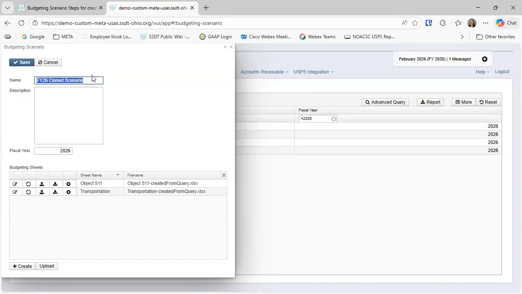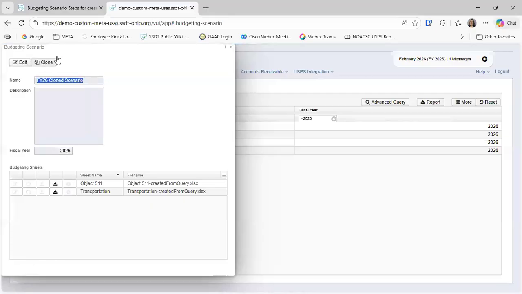Okay. So if you have done this in the past and you're one of those districts that said, yeah, that works great for me, that's how I like to do mine, what you can do is I'm going to cancel out of edit mode. So when you go in and you view the spreadsheet or the scenario, I'm sorry, when you view it, there is a clone button. So if I click clone,